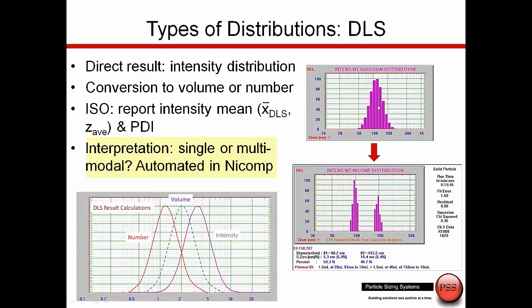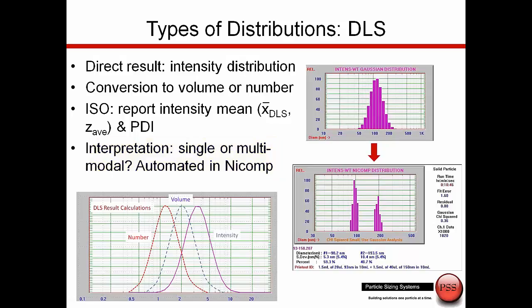or multiple peaks? And what's automated in the NICOMP DLS system is by looking at this calculation called chi-square, we'll automatically suggest to the operator, look, that was a very high chi-square value and we think there are two peaks, and split those two peaks. So in the NICOMP DLS, we actually automate this interpretation, which is probably one of the more difficult steps of